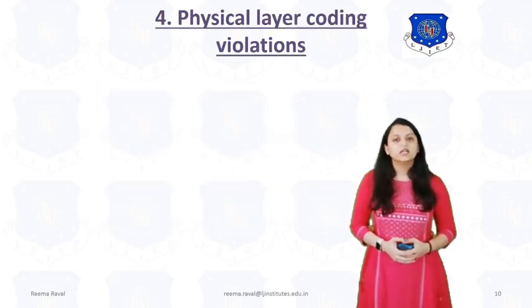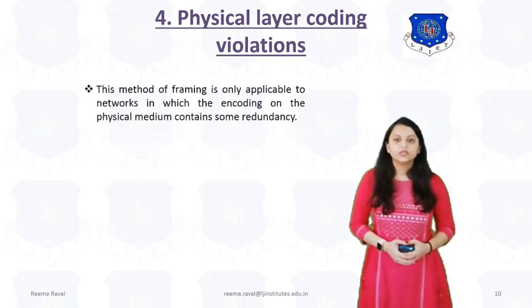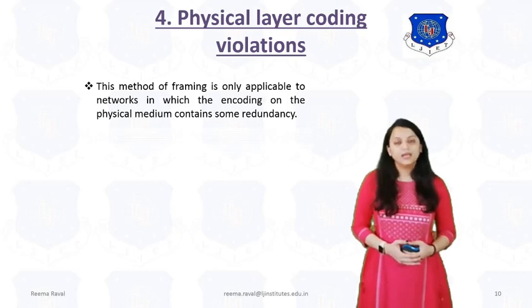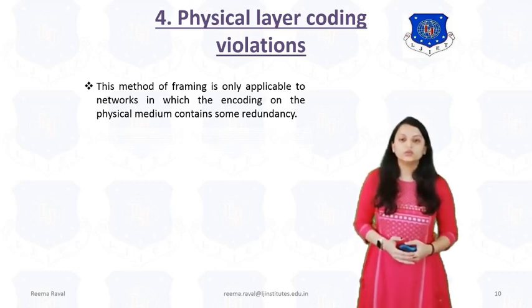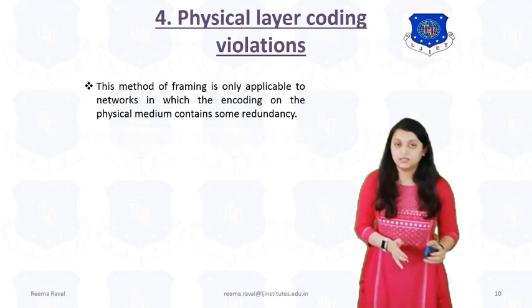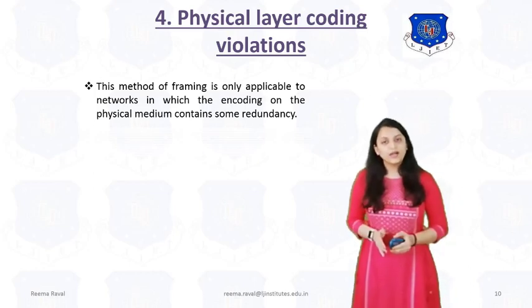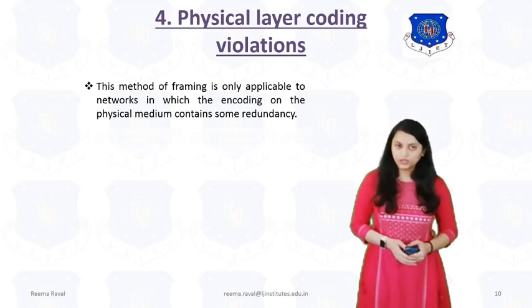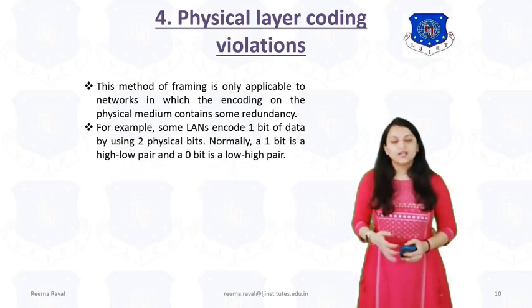Next is physical layer coding violations. This method of framing is only applicable to networks in which the encoding on the physical medium contains some redundancy. So the physical layer coding violation framing method is limited to some particular usages or networks only. For example,